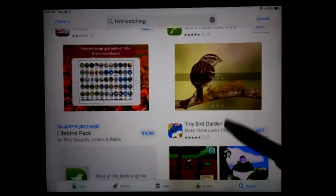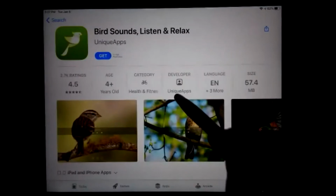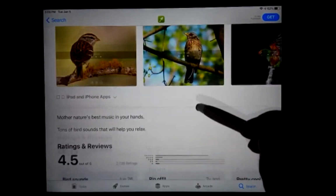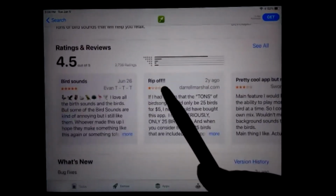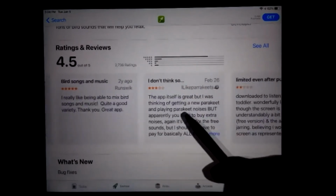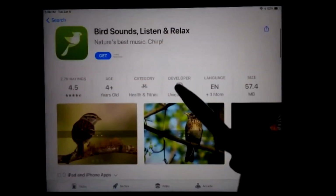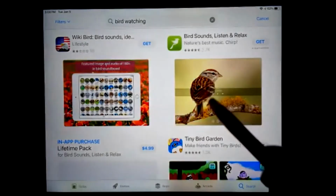And yeah, definitely check out the information on the app's listing and see who's developing it. You can even Google that developer. So if I Google unique apps, maybe they've got reviews about their company, reviews about their apps, and then you can go down and, well, this person's pretty angry. They think it's a ripoff. But yeah, I would take time if you're not sure to just go through that and do a little research. Especially if you're paying for an app, I definitely would do a little research. And Apple does